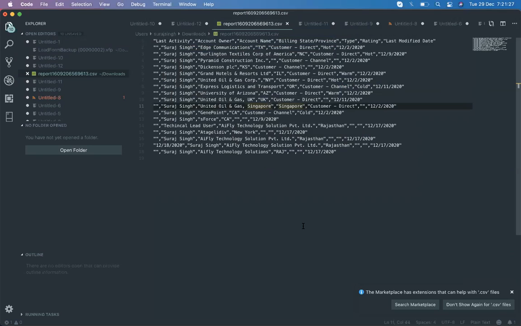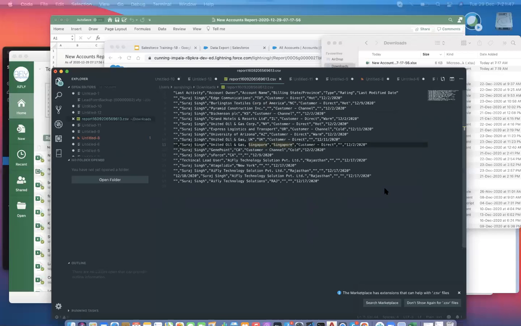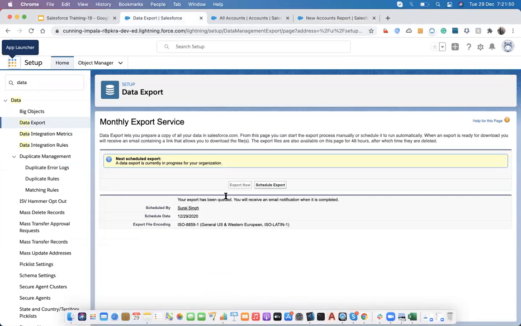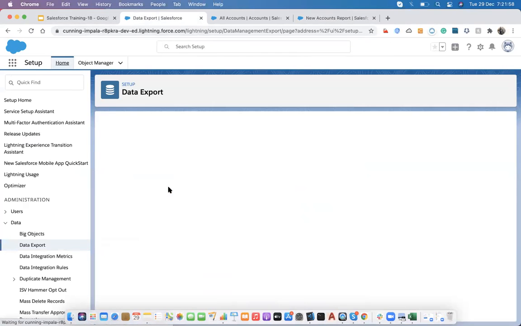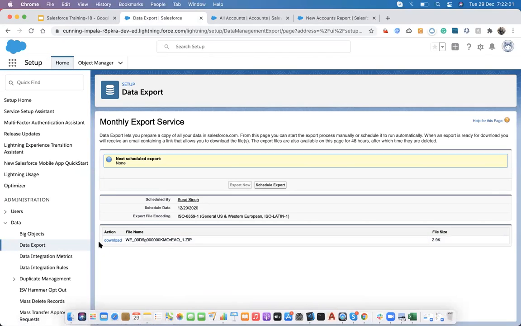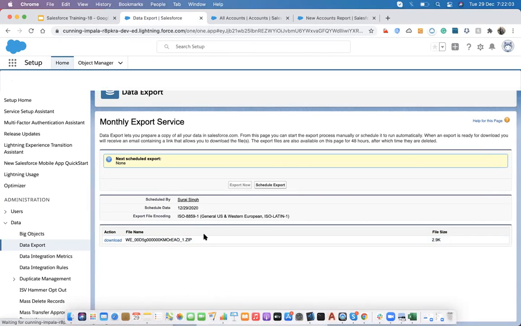Manually means we have to download the data, put the data in a file, and then use some tools to do the data migration into Salesforce. So whenever we have to do something like that manually, we take the help of a CSV file and do the export or import. Let's go back to our export. It's completed, because it was taking time. It's too time consuming. Yeah, now it's completed. Let me download it.